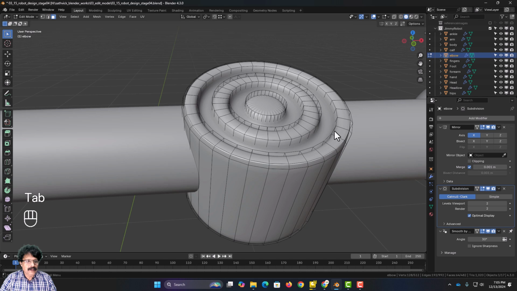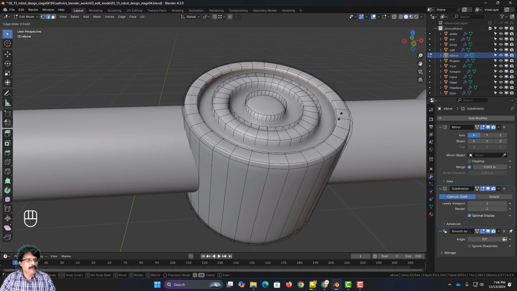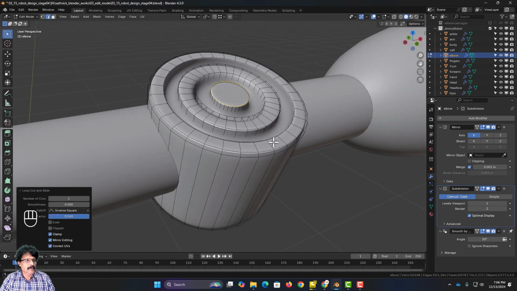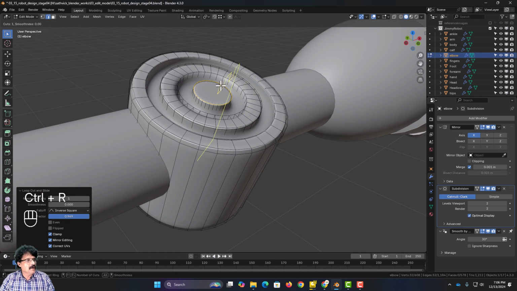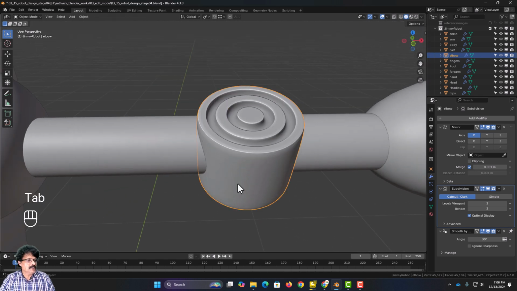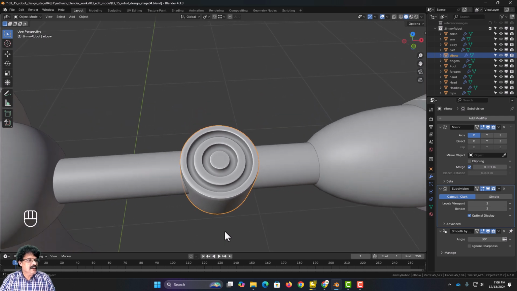So to add sharpness, I will press tab and come into the edit mode and I will press Ctrl R, and first I am going to add a loop here and I will slightly move it to the top like this to make this edge sharper. Then Ctrl R and add a loop here and I will move it like this to make this edge sharper. Ctrl R and move this to make this edge sharper. Similarly, Ctrl R and add a loop here and move it to make this edge sharper. So making all these edges sharper, I will press tab,